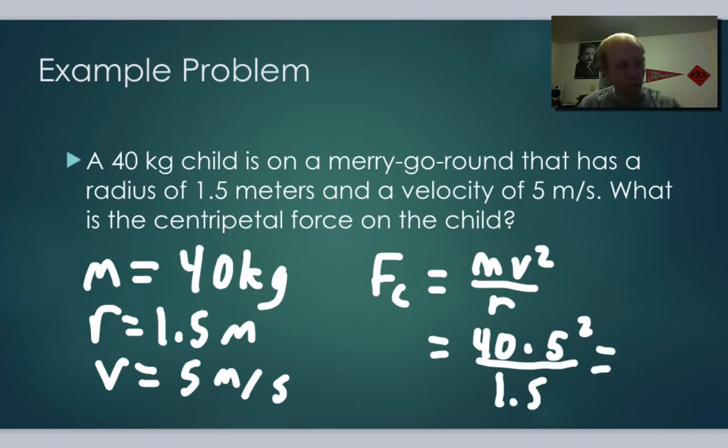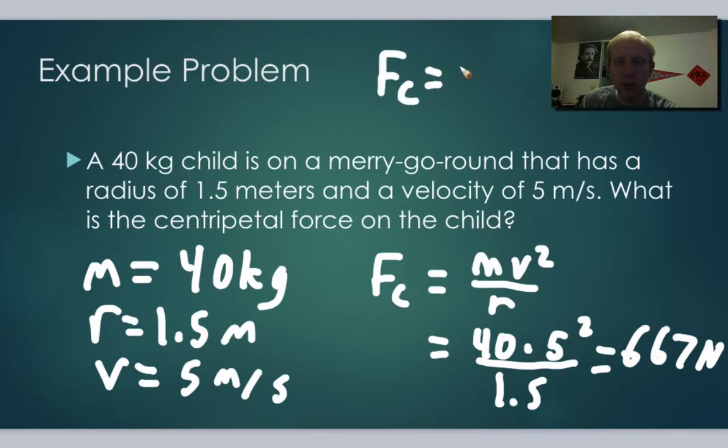Put this in our calculator. So 40 times 5 squared divided by 1.5 gives us about 667 newtons. And there we go. There's our answer. So 667 newtons is how much force is put on that child. So just to check on units though,